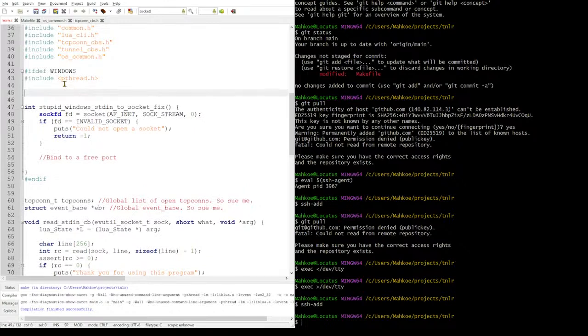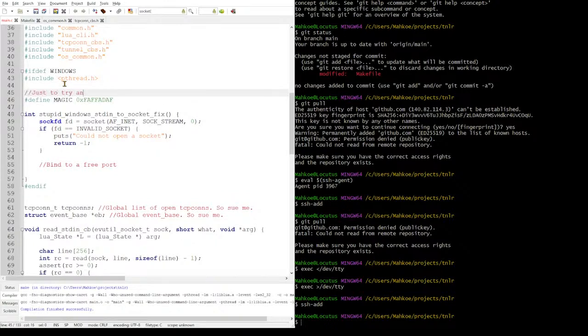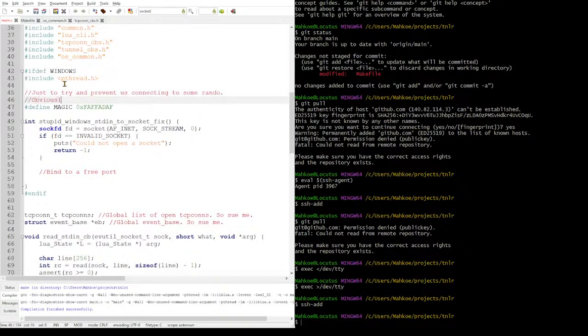Bind to a free port. And also let's do include, I know, define MAGIC as 0x. I don't know. I need a magic number. 0xFAFFADAF. Okay, so now we will do,